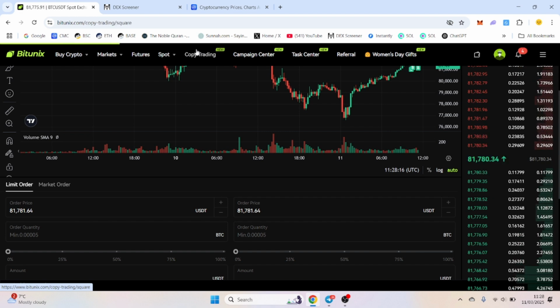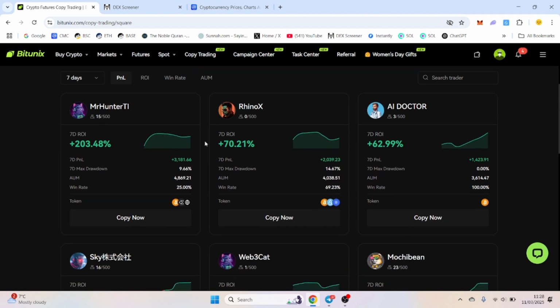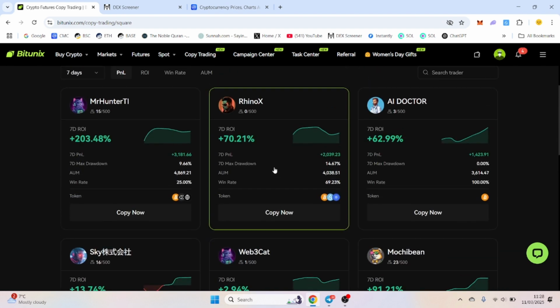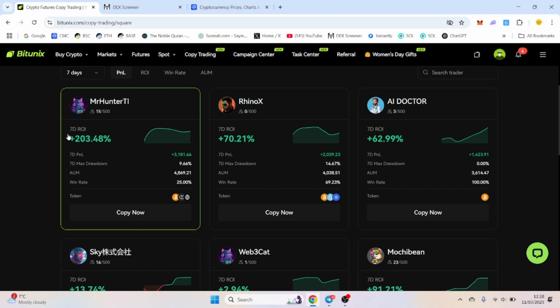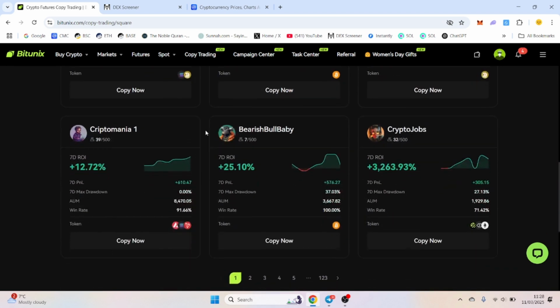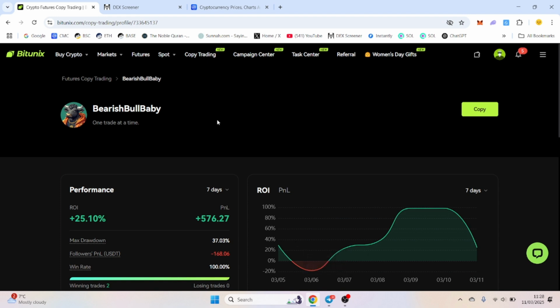So another feature I like on this, if you want to delve into it, is the copy trade feature. So these are callers, these are good traders, and these show our ROI. So you're able to copy trade some of these guys. Now, what I would advise if you're copy trading them is not to go for the one with the highest percentage. All tempting as it is, this guy might have just shorted when the market crashed and he's done very well. You want to look at consistency and you want to look at guys that are actually delivering constantly, and you don't want just a green chart. You kind of want ones that lose,